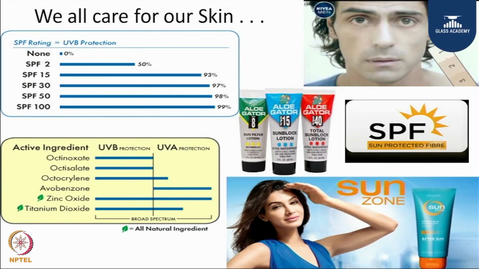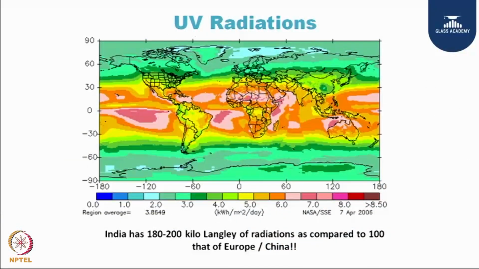Similarly, in plastics also, it is titanium dioxide which is used to prevent UV degradation. It is the same composition. By doing so, you are able to prevent the high UV radiation which you can see in this global map. If you look at the UV radiation in India versus Europe or China, the green area, India would be double that of Europe or China. Therefore, the formulation has to be one which can sustain those types of UV radiation.